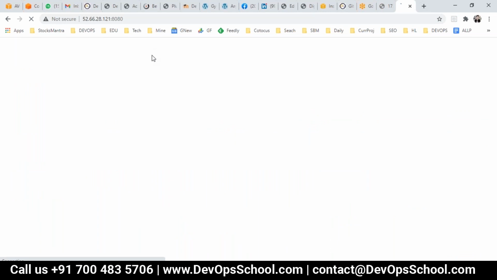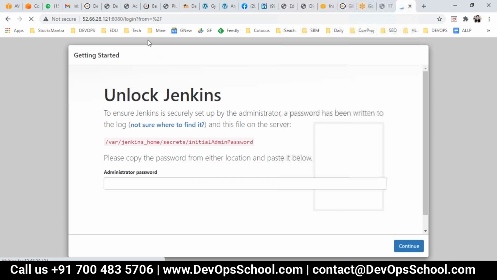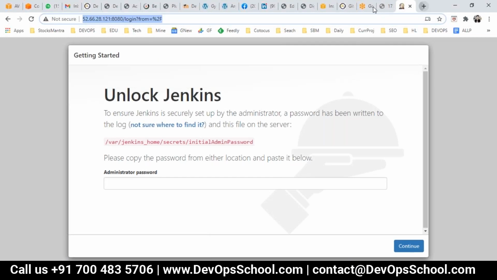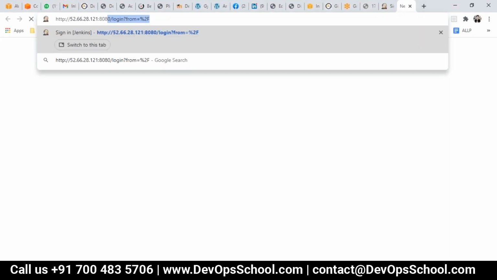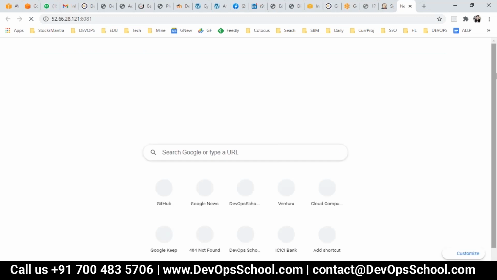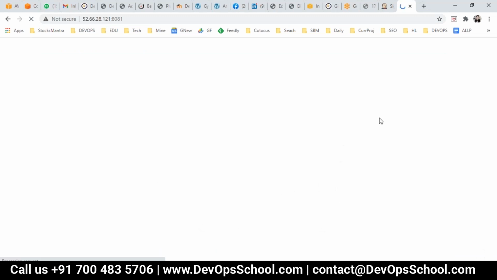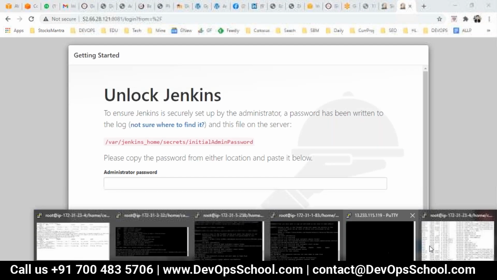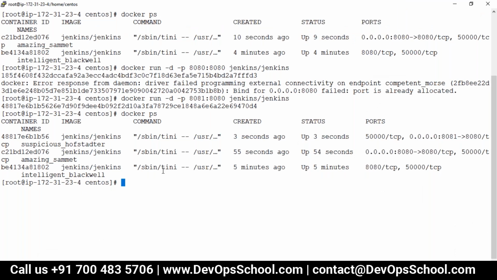Jenkins, you have it on the screen. And the second one is 81. Here you have it. Second container also. So guys, this is the way we can do the port exposure.